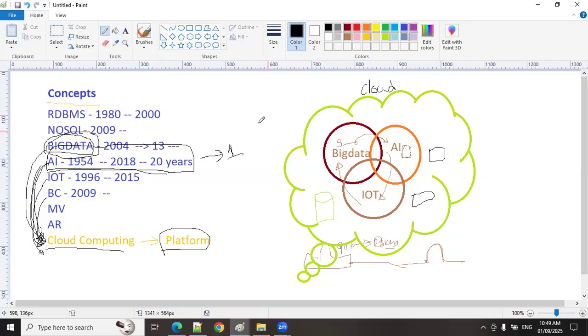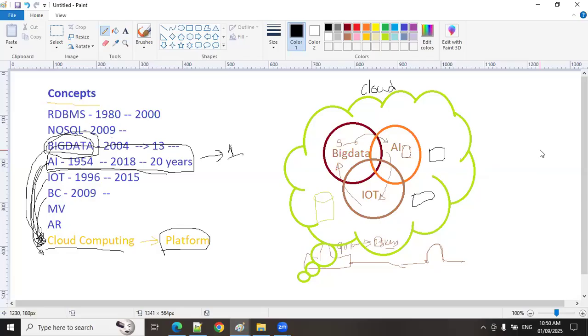Got it? So when you compare to our real-time scenarios, this cloud platform can be called as follows. An IT company needs AI, big data, IoT implementation, web application, mobile application, RDBMS, everything in the cloud. One entry, all are available. Or else implementing every technology in different places is very difficult, right? Administration is also difficult. Now, if all are in the same place, administration is easy.